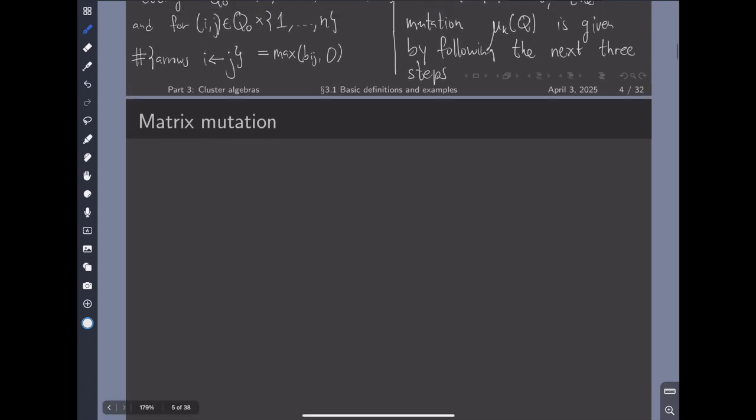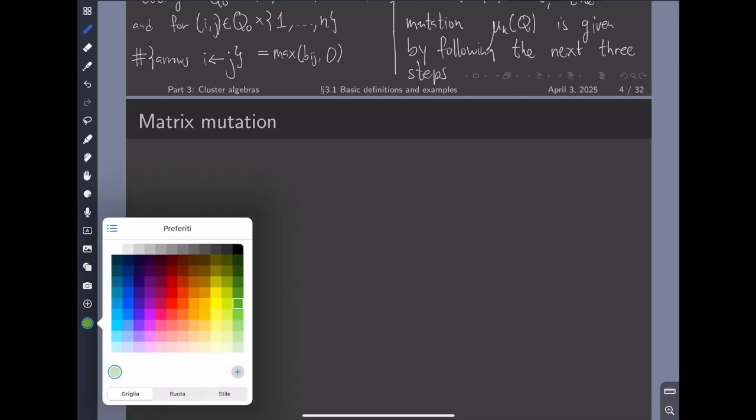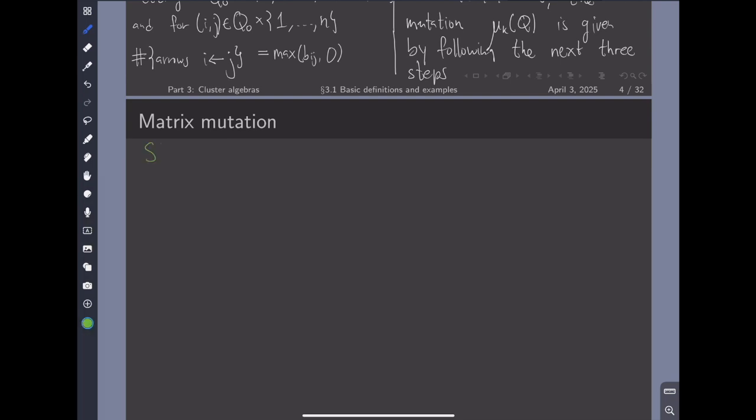So step 1, so it's like the Musketeers, no? That it's